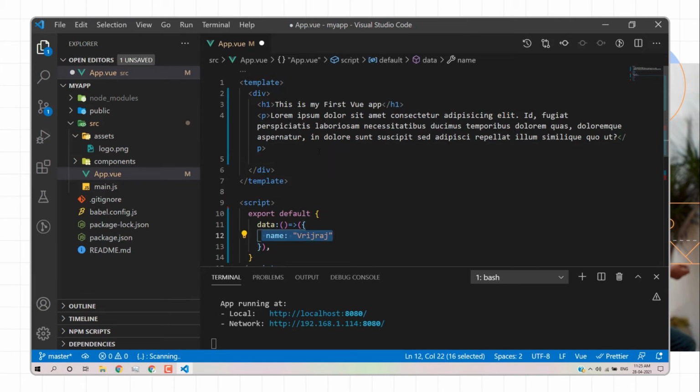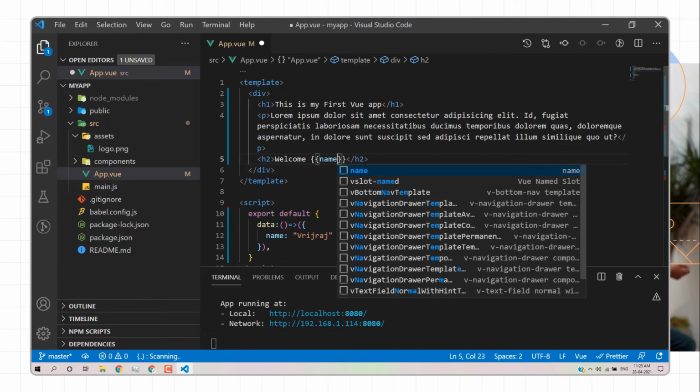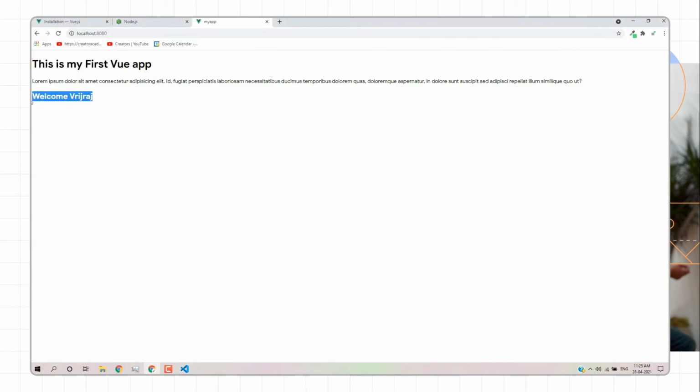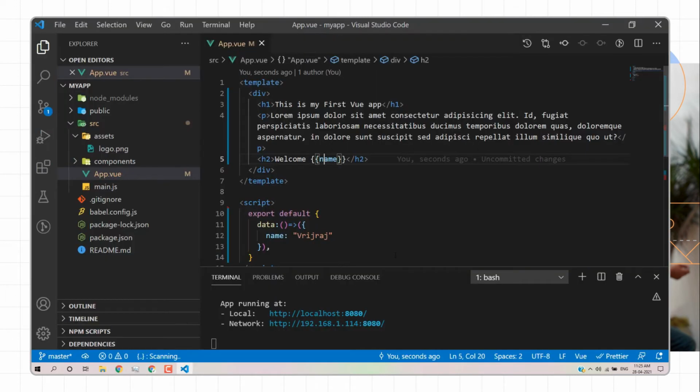So we will use this symbol, double curly braces, and here we can pass the value. Here we have a variable as a name. I will save and then reload, so it's working. If you're working in JavaScript, it is very difficult for us because we need to create a variable in JavaScript, provide an ID of the DOM, and then write document.getElementById().innerHTML, and pass the value of that particular variable. Similarly, we can create another value.